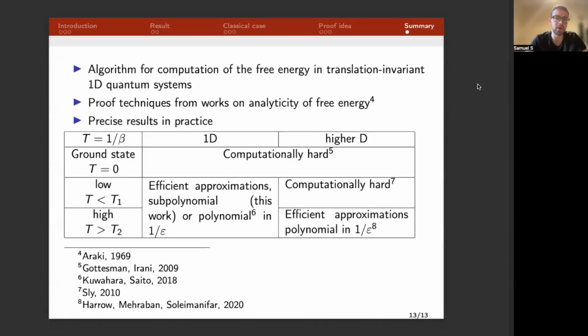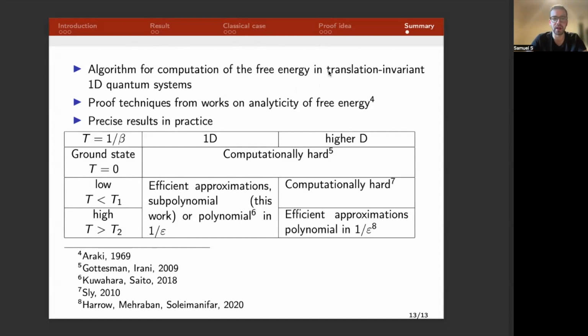With this, I'm also already about to conclude my talk. What we did in this work is we present an algorithm to compute the free energy, in the particular case of translation invariant 1D quantum systems in the thermodynamic limit. And we use proof techniques that also treat these types of systems and prove the analyticity of free energy in one dimension. This is work from Araki, and the quantities and maps coming up in this work also allow us